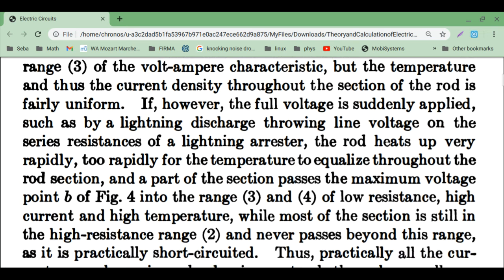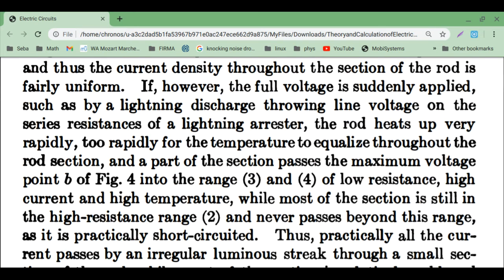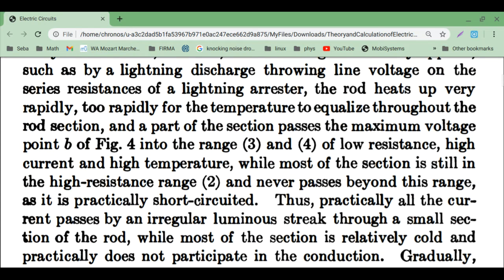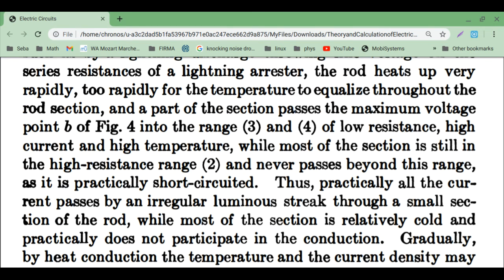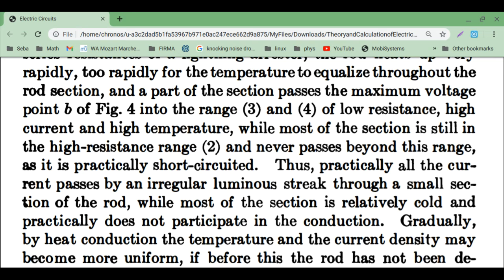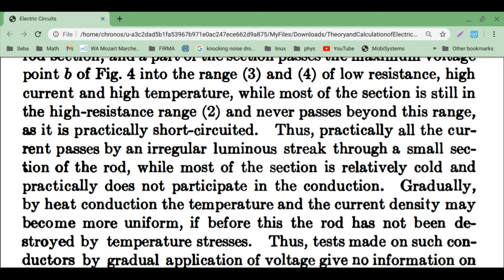the rod heats up very rapidly, too rapidly for the temperature to equalize throughout the rod section, and a part of the section passes the maximum voltage point B of figure 4 into range 3 and 4 of low resistance, high current, and high temperature, while most of the section is still in the high resistance range 2 and never passes beyond this range, as it is practically short-circuited. Thus, practically all the current passes by